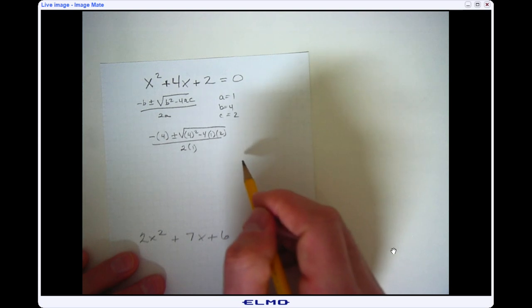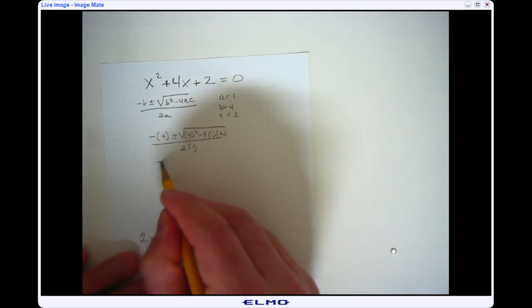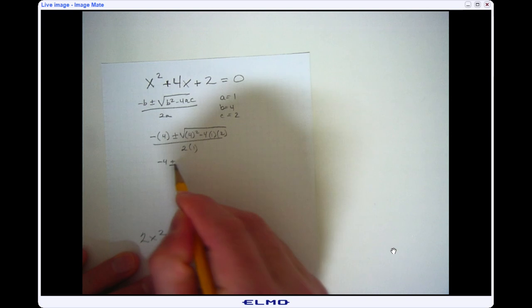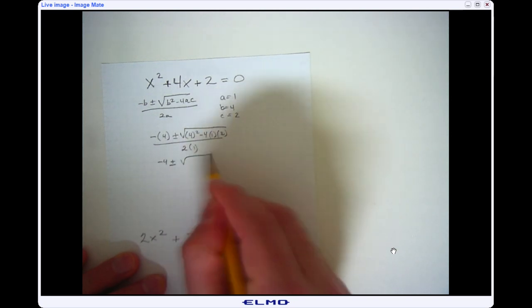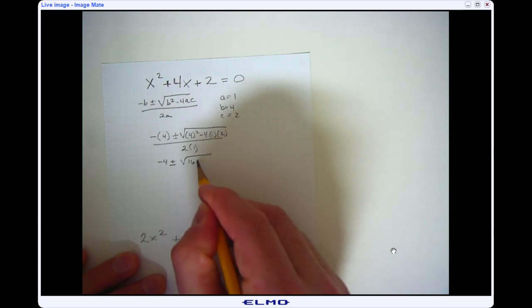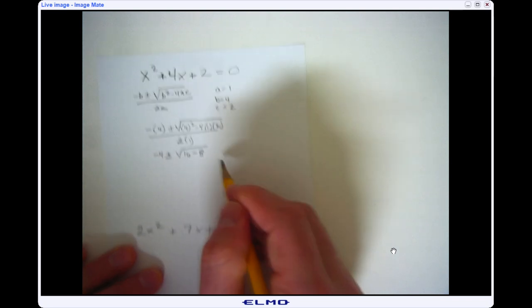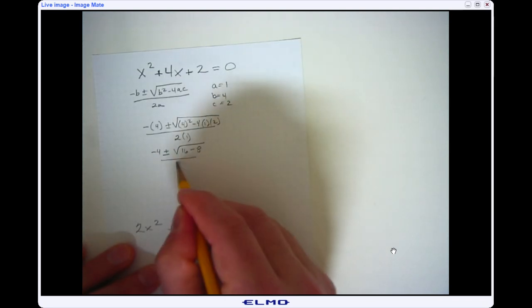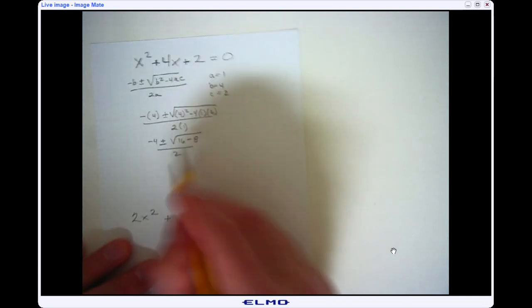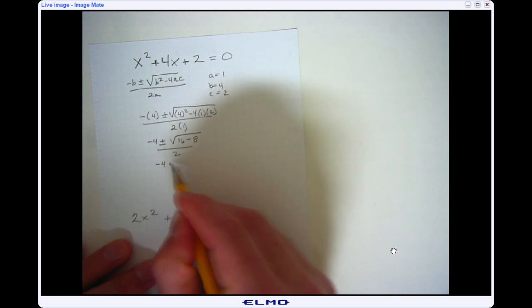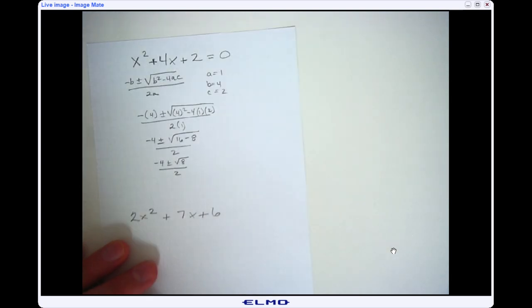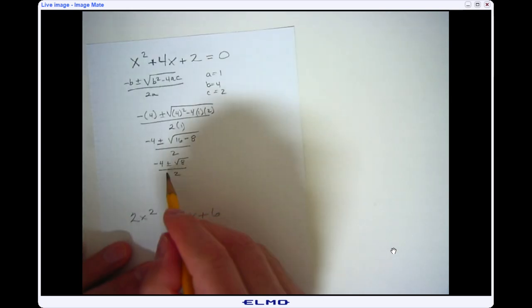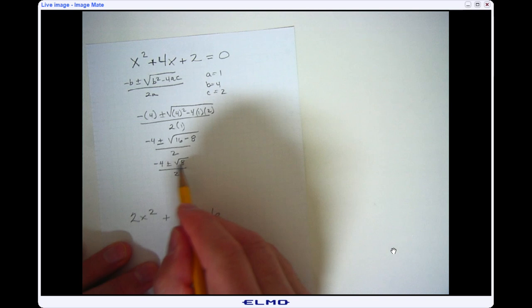Now if I do the math of this, the opposite of 4 is negative 4 plus or minus. On the inside I have 4 squared is 16 minus 4 times a times c. Well, 4 times 1 times 2 is 8. And then 2 times 1 is 2. Now 16 minus 8 is 8. So what I like to do here then is I want to go ahead and